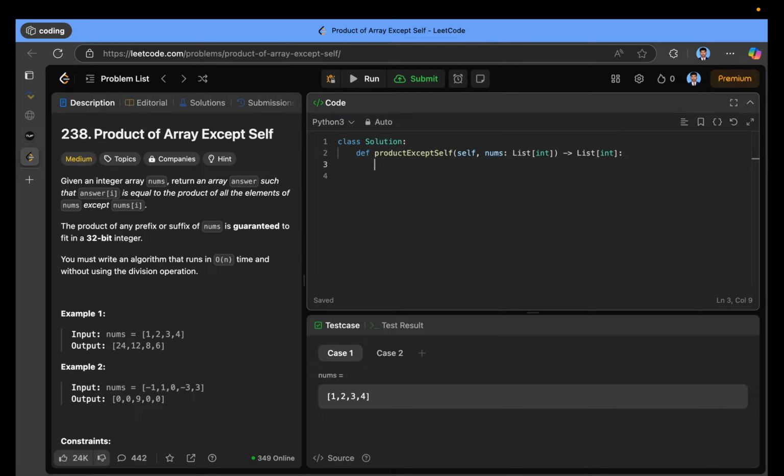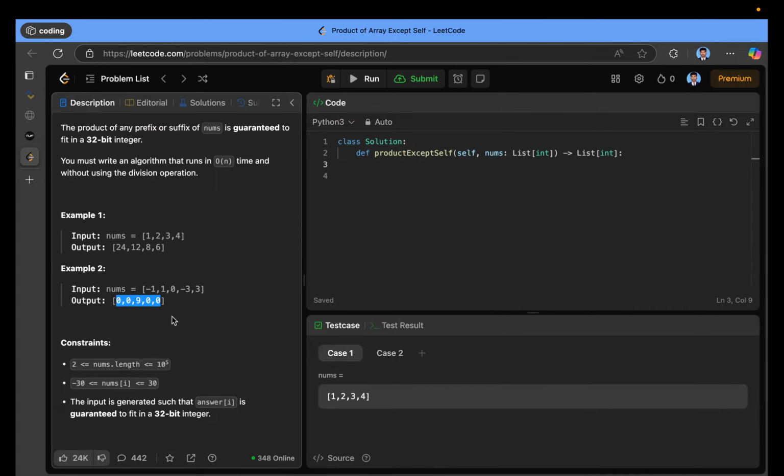Okay, let's solve this. The first way, oh, okay, wait. There are zeros also. Let's see the constraints. If zeros are there, then I think that,